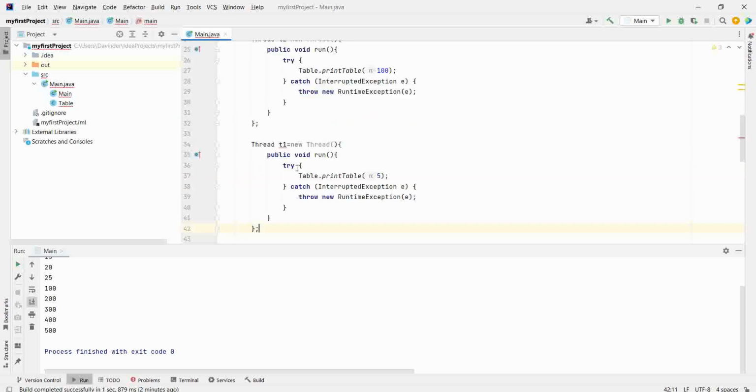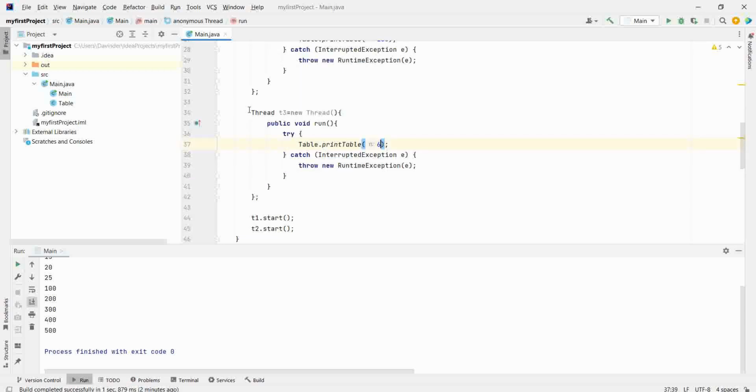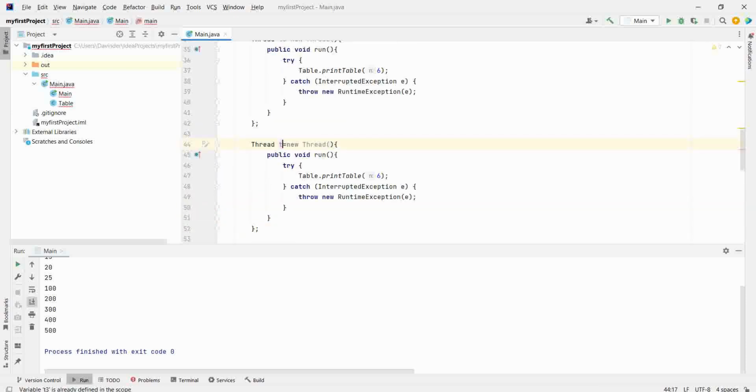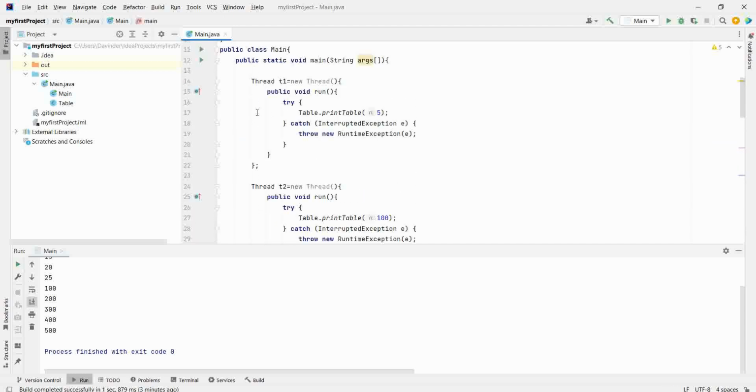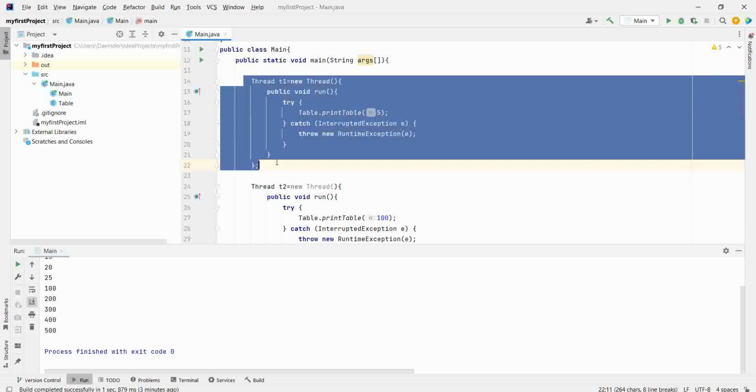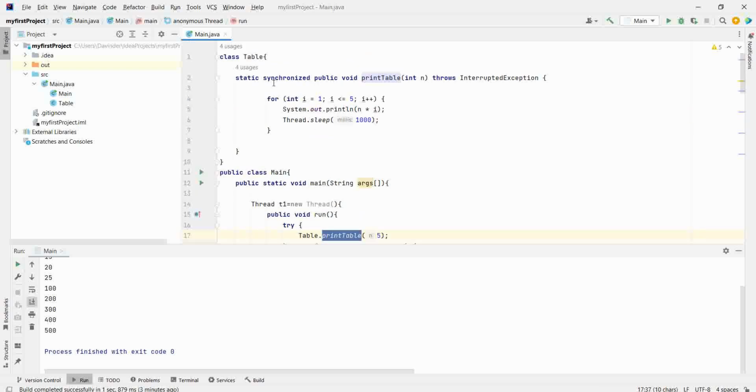Similarly, if we have two more threads, table of 6, table of 1000, now in this case when any of the objects starts getting executed, let's suppose T1 starts executing in the first place, it is calling printTable. PrintTable is synchronized static.